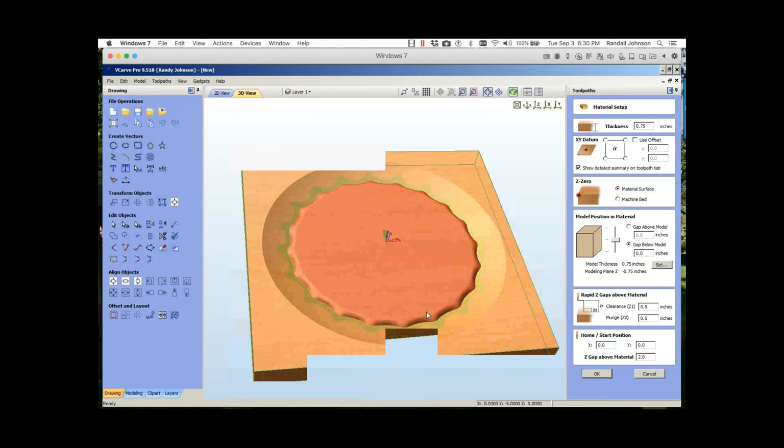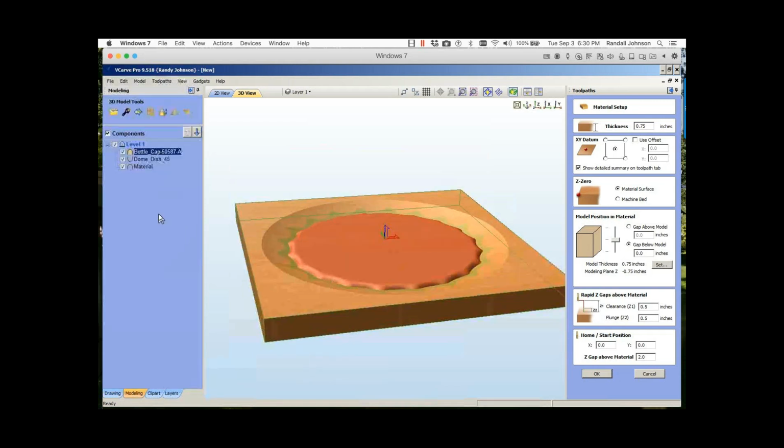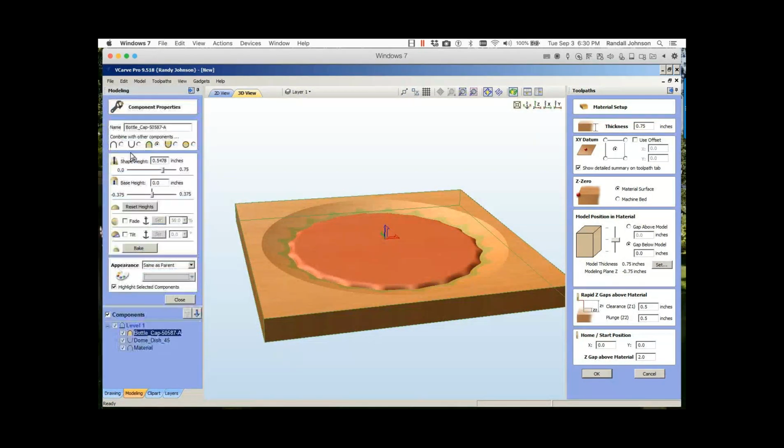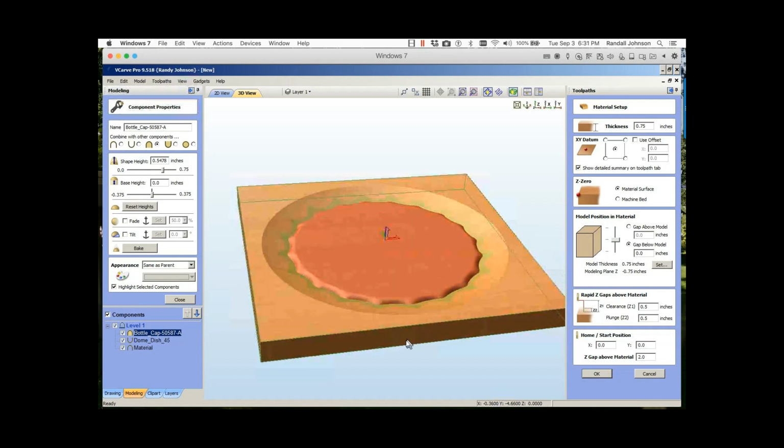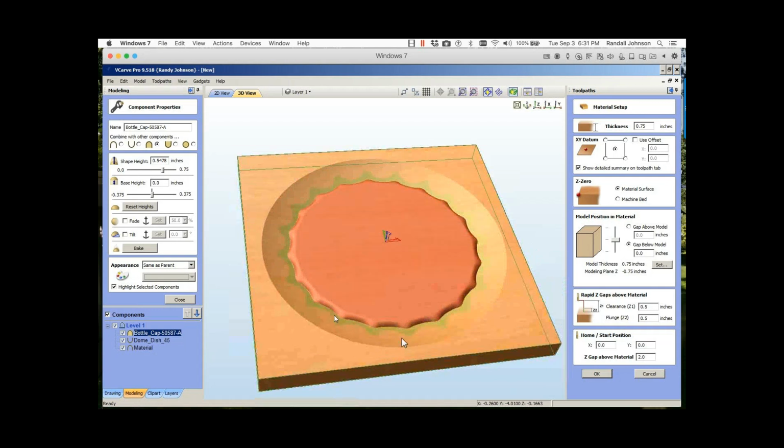Go back to modeling tab. And right now, our overall height is set at 0.5. And that's about where I want to be. But I'm noticing here that this green is showing me that some of my cap is down inside that dome and I'm losing some of that detail. So what I want to do here is give this a little base height. I'm going to make the height of this bottle cap 0.25